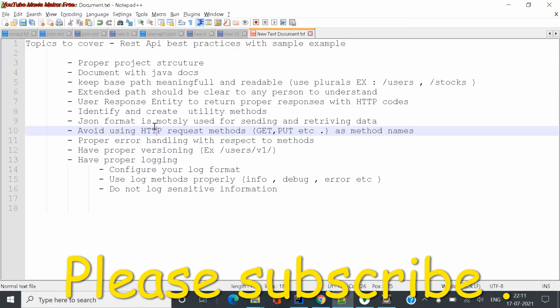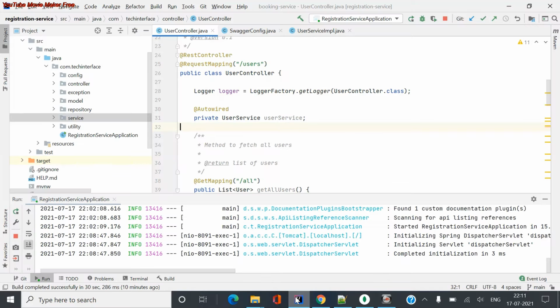There can be some changes according to the project, and according to how you want to develop. But generally we have a few rules which we follow, so I'll try to cover them in this video. Let's see these points one by one and how they can be added into your REST APIs or Spring Boot applications where you are writing your REST APIs. So let's see the examples.